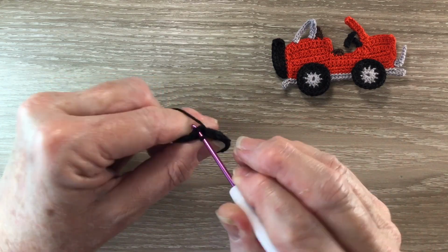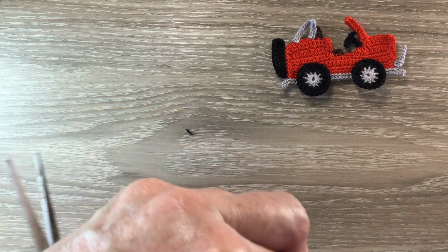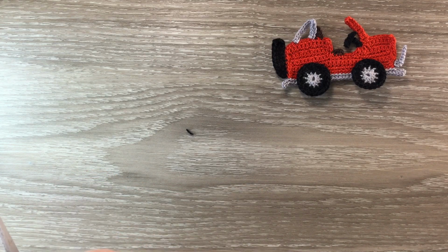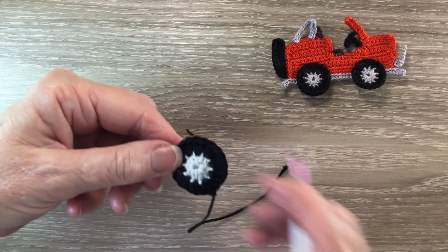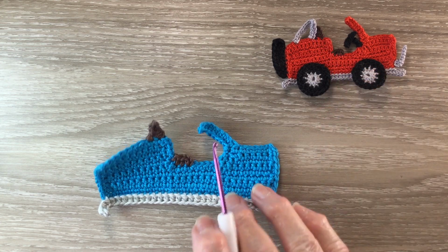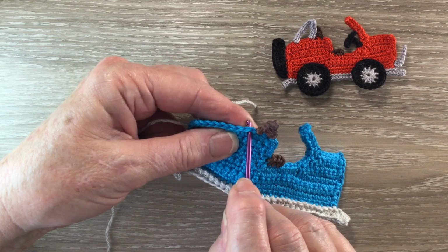And slip stitch in the top of the first stitch and fasten off. And that's the second wheel done. Now for the first part of the roll bar, we join our 172, the light silver, in the stitch behind the top of the seat. So this stitch here,